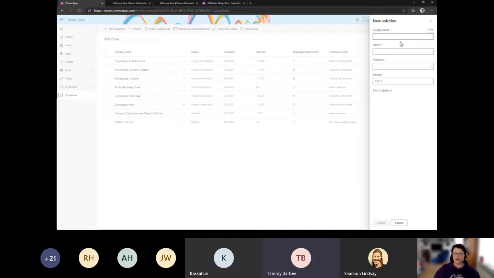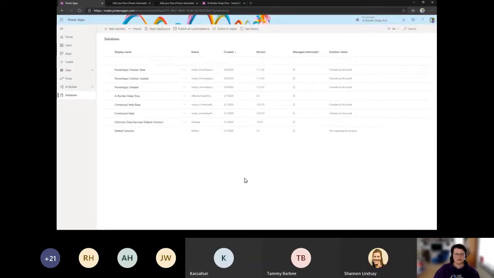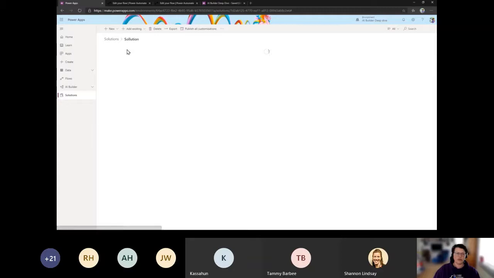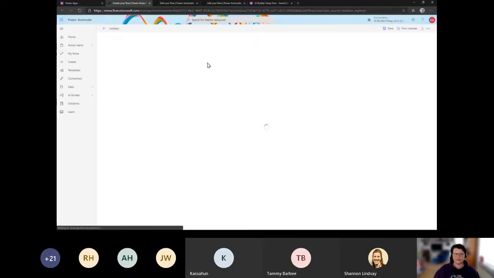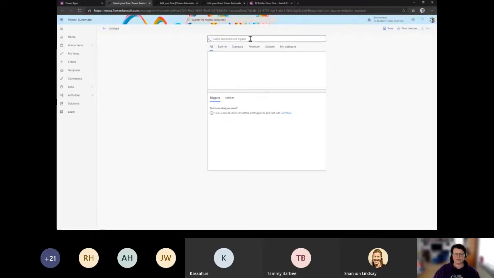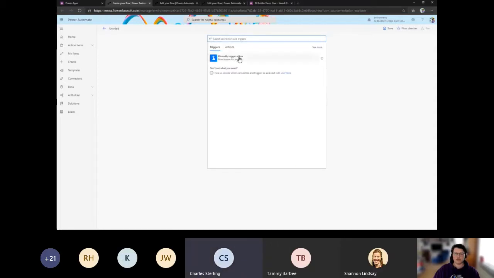So if you go to either Power Apps or Power Automate, you can create a solution. And when you create a new flow from within this solution, I'm just going to use the manually trigger a flow.